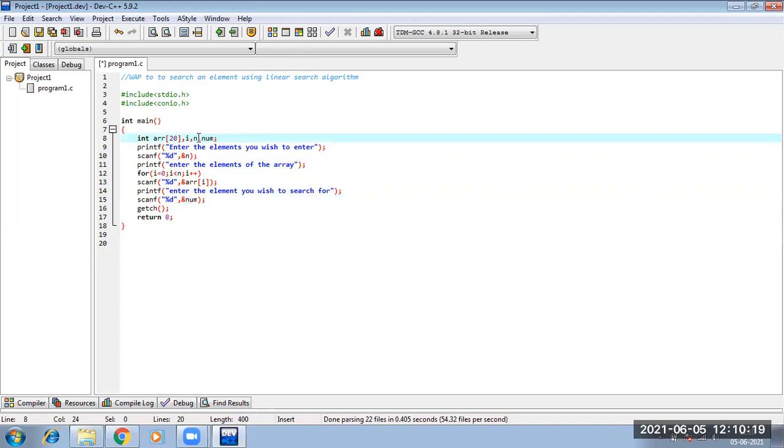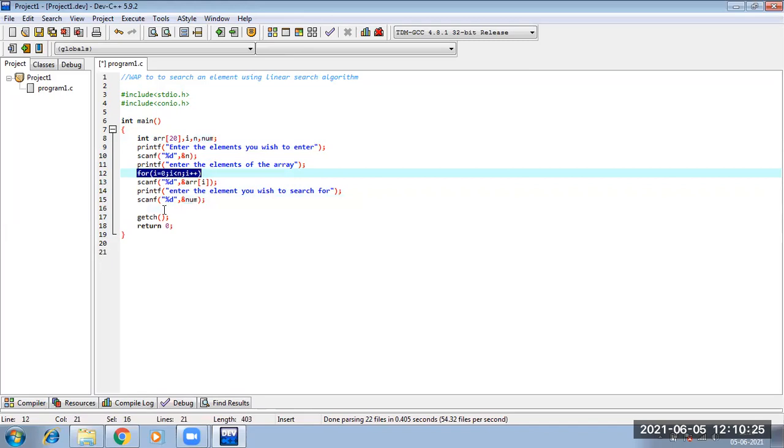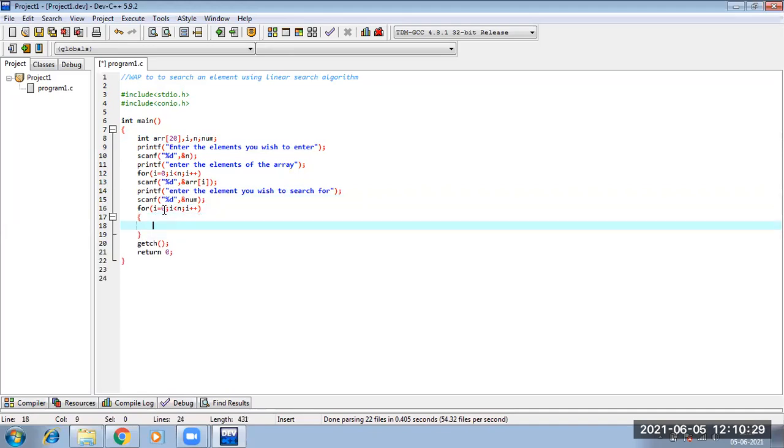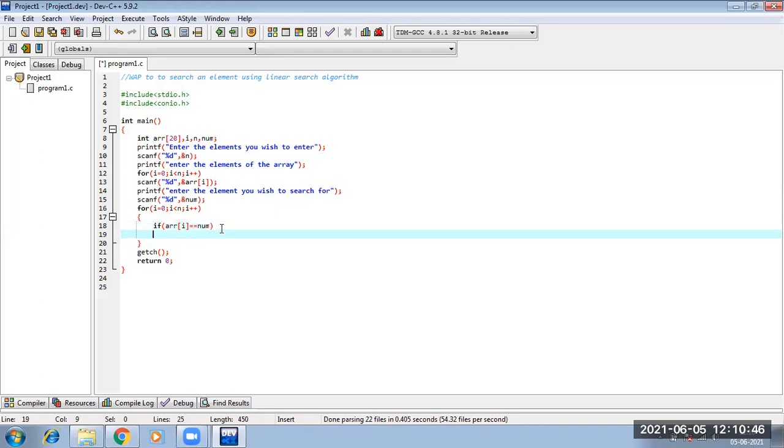Fine. Now, what was our logic? We ran a loop for our entire array, and inside that loop, we checked if it is true. What will I do?